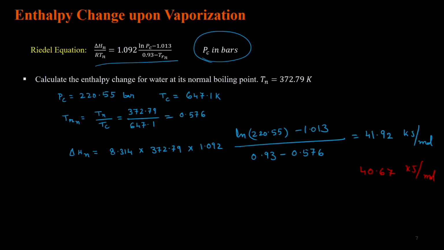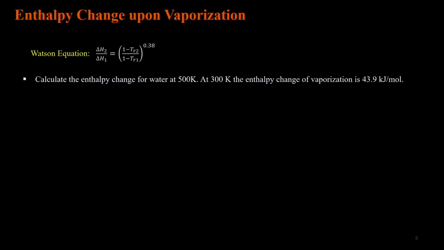Remember, this is completely predictive in nature. There is no experimental data that goes into this calculation, so that's a decent estimate. The previous calculation was for enthalpy change upon vaporization at its normal boiling point, either using Troughton's rule or using the Riddle equation. Now let's look at calculating enthalpy change upon vaporization at different conditions, not at its normal boiling point,